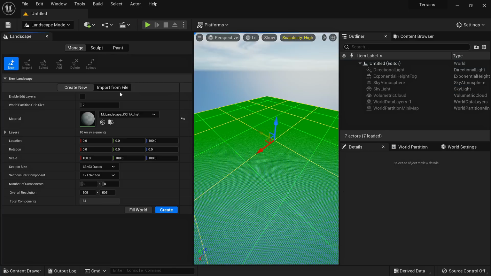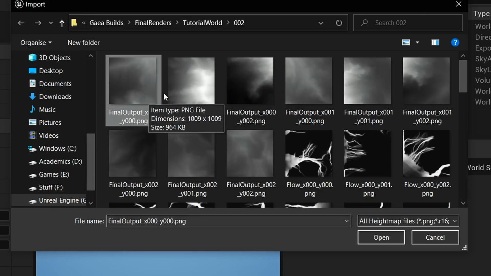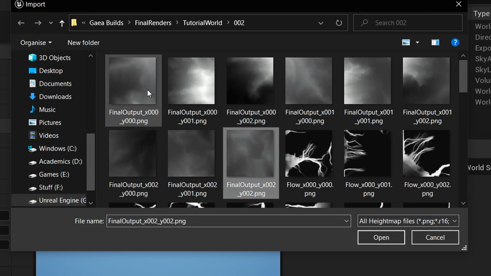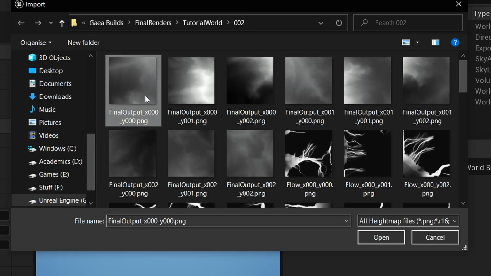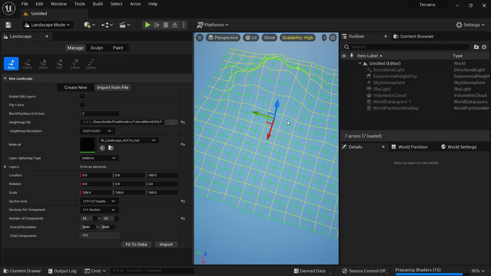We'll go to landscape and click import from file and choose that file. First let's import the tile landscape. Here we created those tiles, so you'll see that you can only choose one file, but there are so many tiles. With tiles you don't need to select all of them, just select the x0y0 tile and it will automatically detect all those tiles. Now we took all of those tiles and created a single landscape of resolution 3027. Our tiles were only 1009, but since there were 3 tiles, this is the final resolution that we get. Now you can set the scale and your landscape will be created.